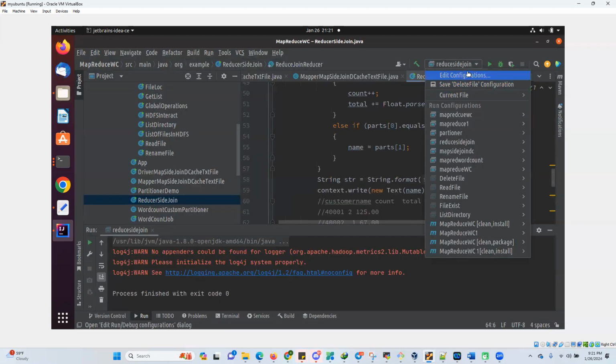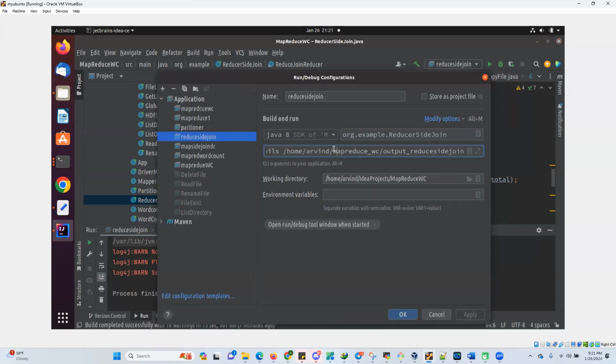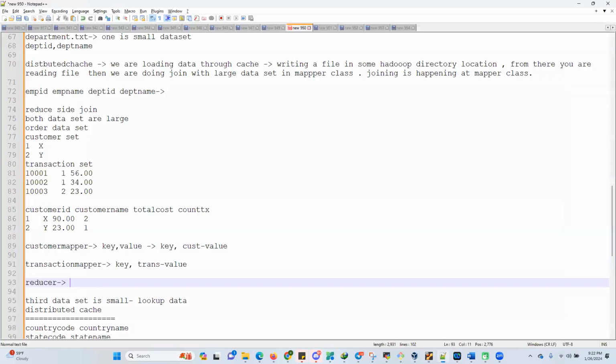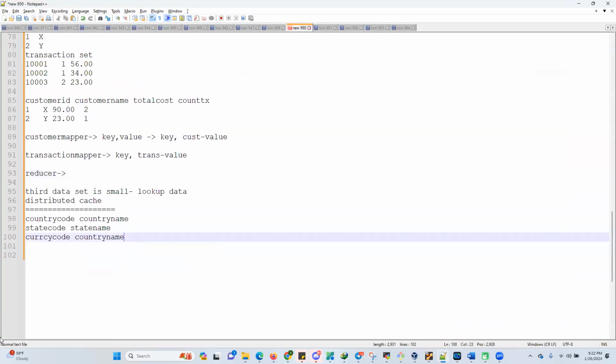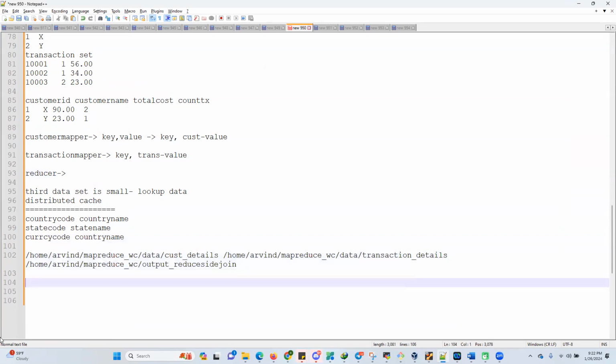So I will provide you this string, which shows how you have to provide the input and how you are passing the parameters. I will give it to you, and then you can use it if you are running on Hadoop,